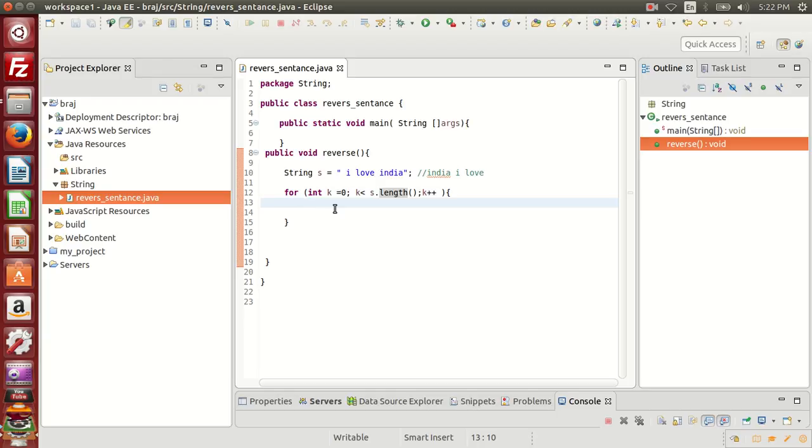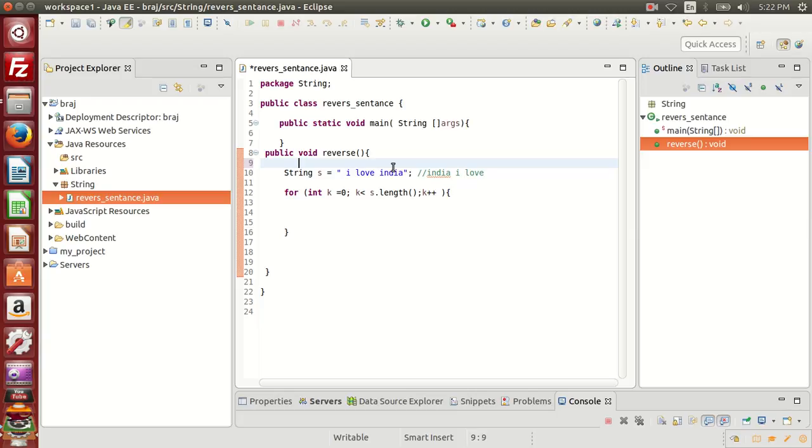Now what we'll do, we'll check the condition. Here we can see between I and love we have this space, right? Once we identify that a space is coming, we need to take this in a separate string.